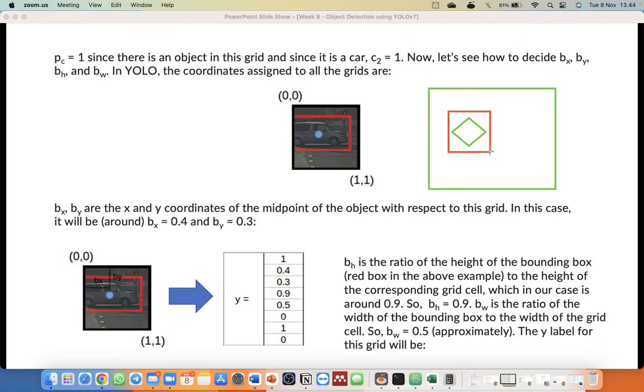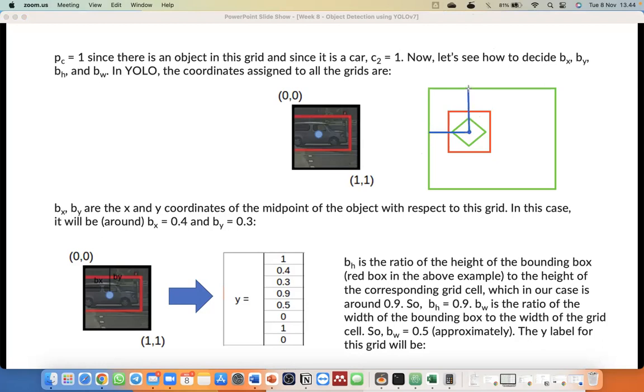Then we have a midpoint in this position. So my question is, what are the values of Px and Py? We can just calculate this one and this one.